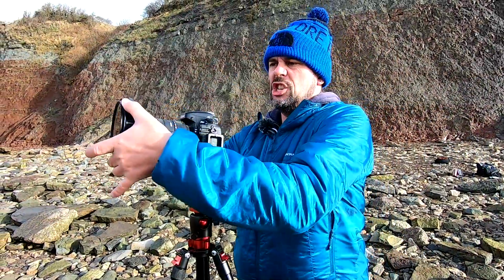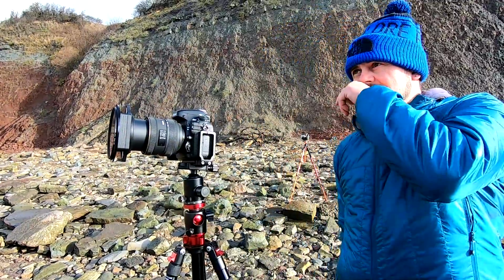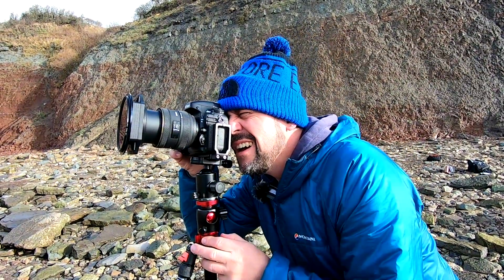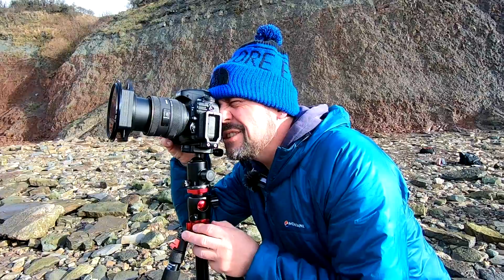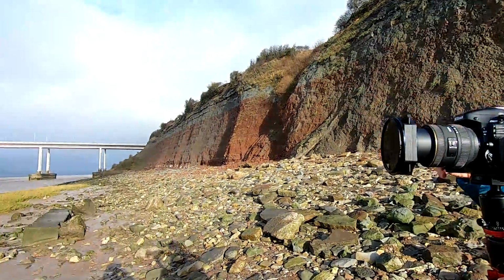Right, just readjusted the composition a little bit. I've focused on the main stanchions of the bridge. And that's given us an exposure of 13 seconds at f14. So the sun's just come out, just got some lovely light. So let's